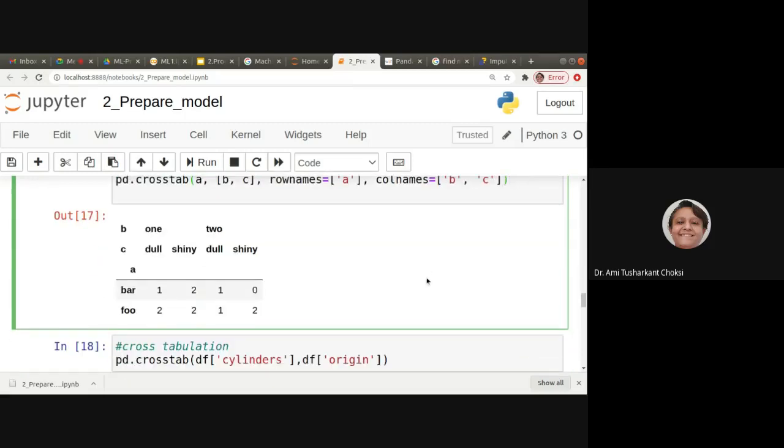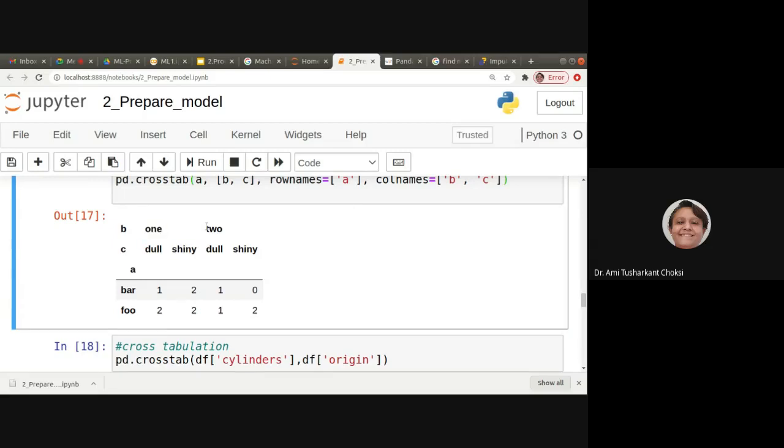So now what result we are getting is A, then B and C. B means 1 and 2, so combinations of values are there. For B equal to 1, we can have C as dull or shiny.